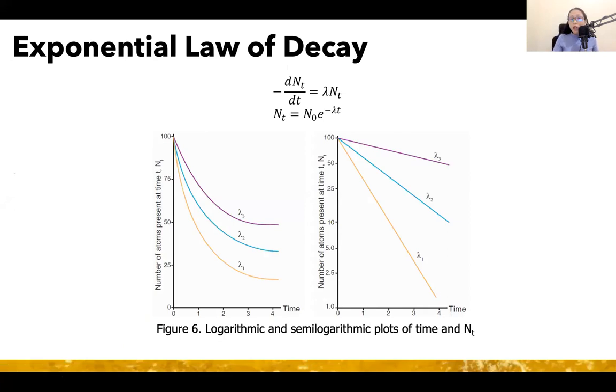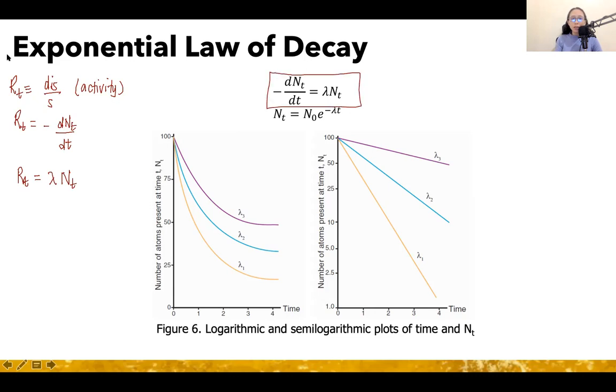Now let's go to the law of decay, or the exponential law of decay. So we saw two equations containing R sub t. So R sub t again is defined as the number of disintegrations per unit time, or disintegrations per second. So this is basically what we call activity, right? Or radioactivity. So we saw R sub t being equal to negative dN sub t over dt and lambda times N sub t. So it is possible to equate these two. So we have this expression, and you work out by